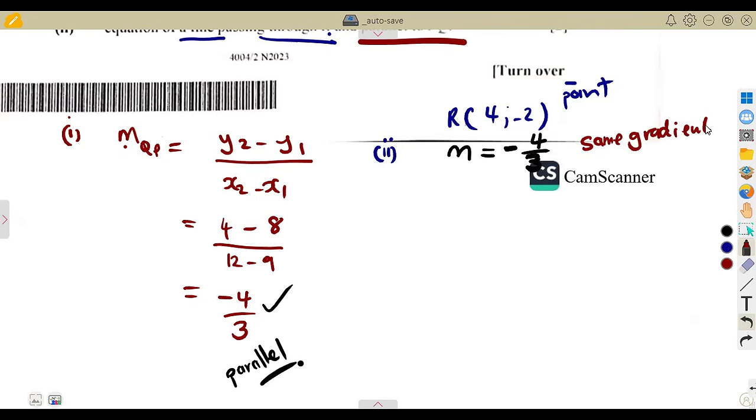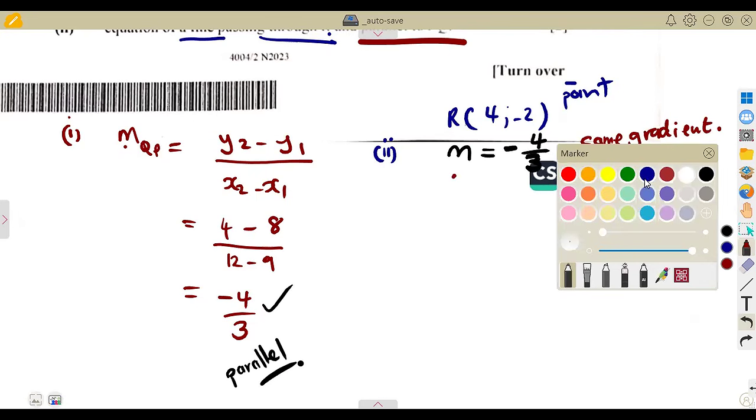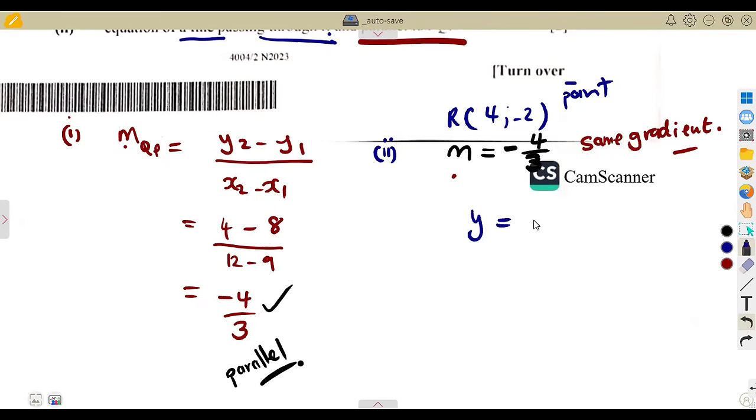The letter m represents the gradient. So remember, to find the equation of a line, if you want to use the format y equals mx plus c, you substitute m being the gradient, minus 4 over 3 x plus c. So c is the value of the y-intercept, that is the value to be found